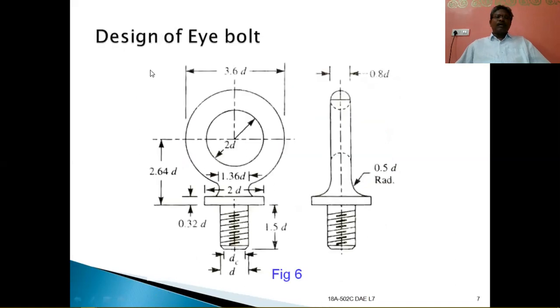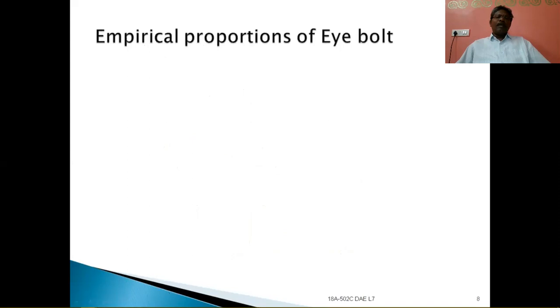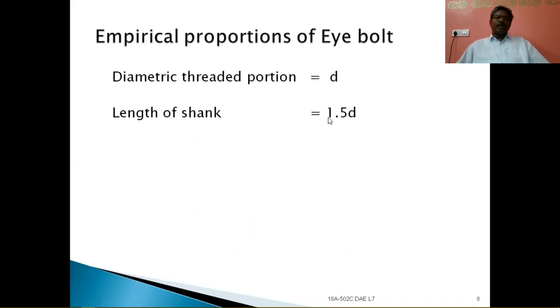So here, design of an eye bolt. See, this is the eye bolt and the proportions of each one. See all these proportions, empirical proportions of an eye bolt. So the diameter of the threaded portion D, and length of shank 1.5 D, and diameter of collar 2D,